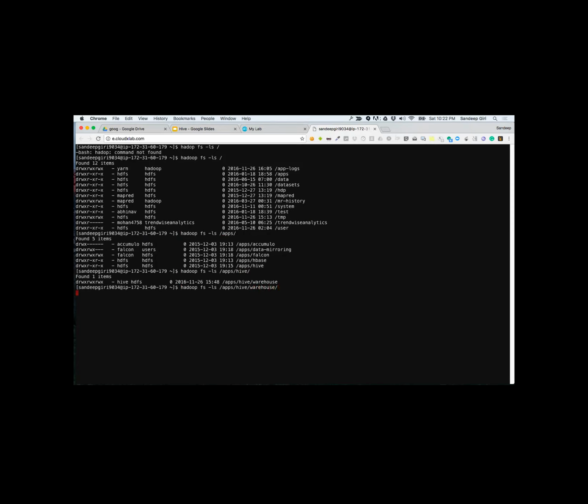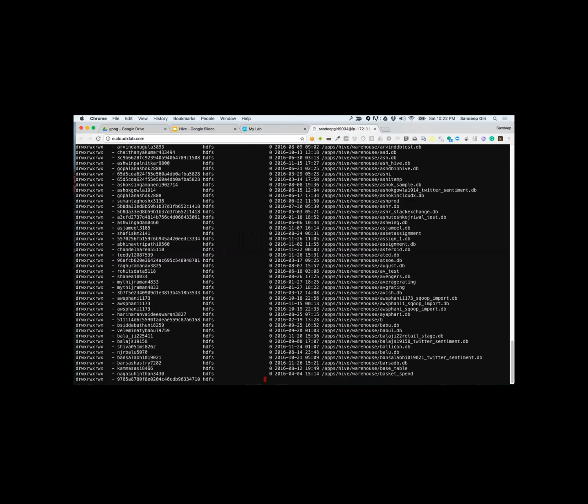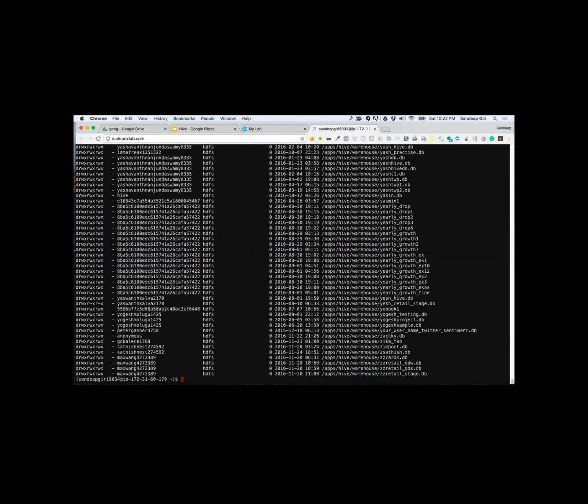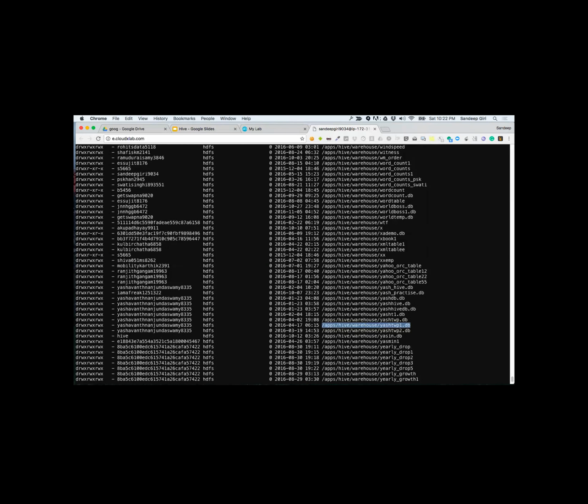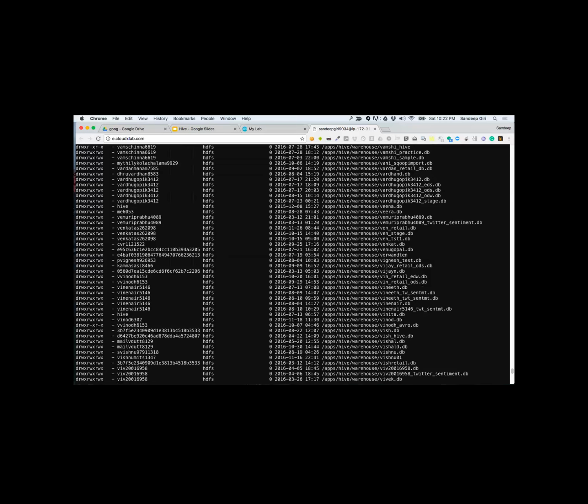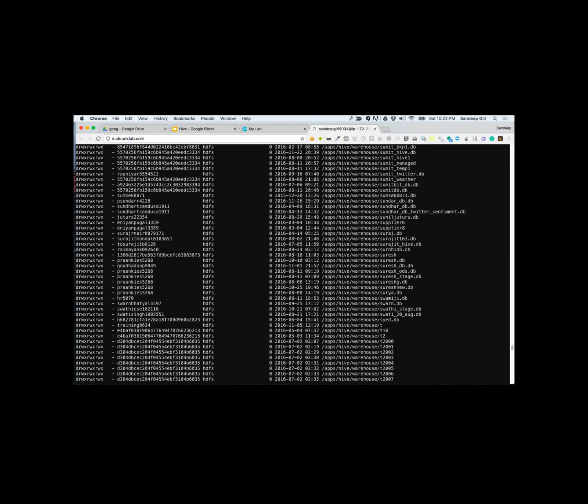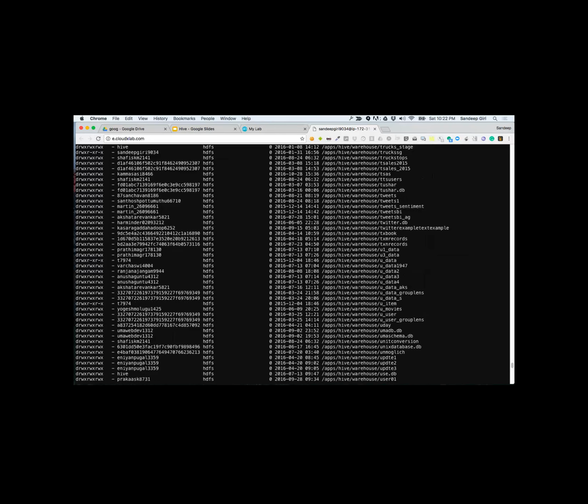So if you do not specify the location of a file, this is where it's going to keep the data.